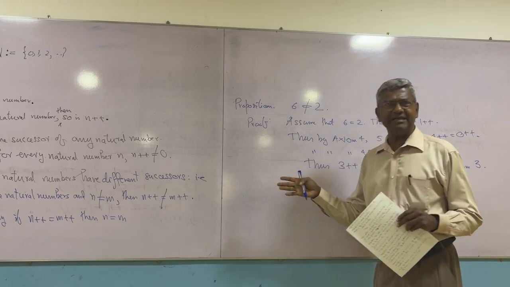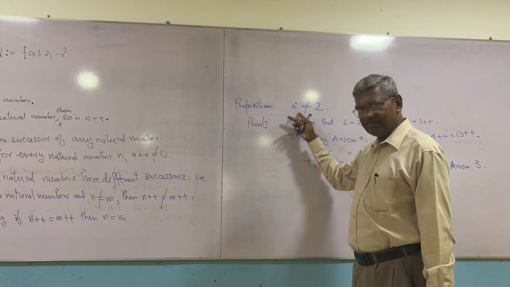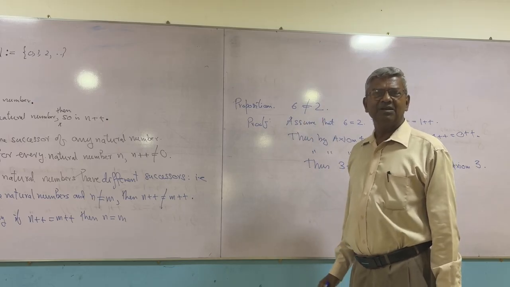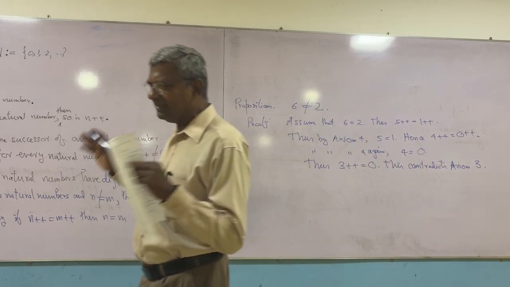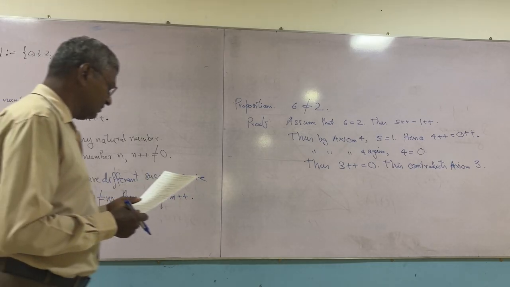Can you see already, although it looks a little silly, we have proved that 6 is not equal to 2. Not only that, whatever you know about the numbers, you have to check. After there is one more axiom, after you learn that axiom, you need to be able to do anything you know about the integers from that set of 5 axioms. Now we have proved that 6 is not equal to 2.